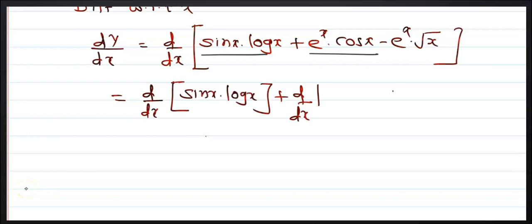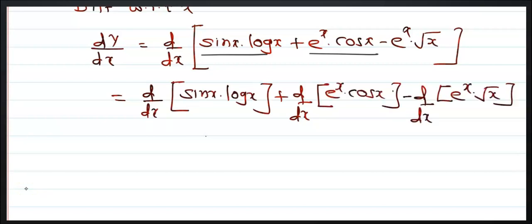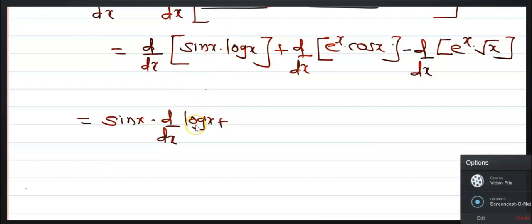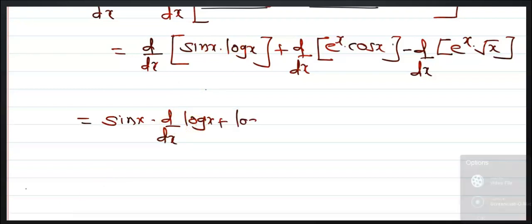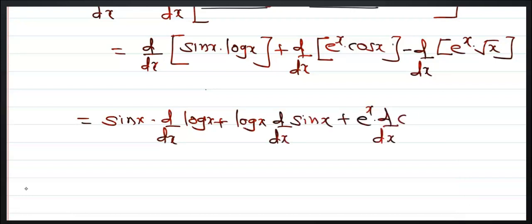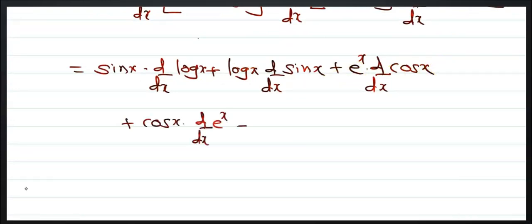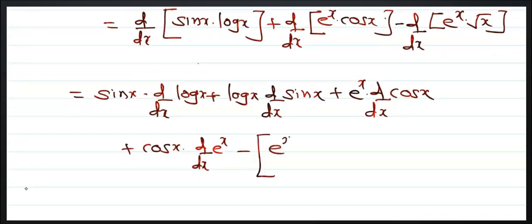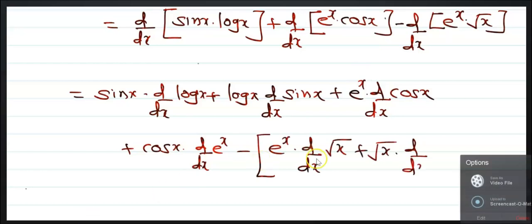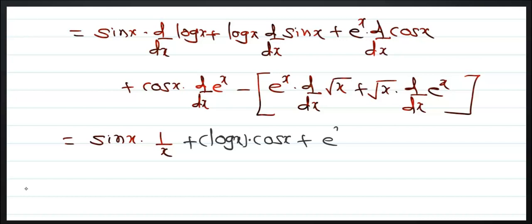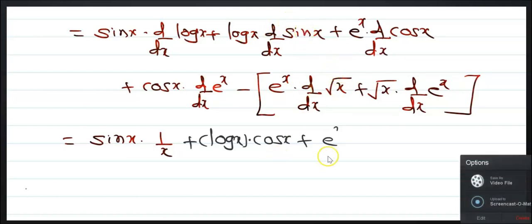Now see this again. We will separate them first. d/dx of product rule: sin x as it is, derivative of log of x is 1 upon x. Now next is e raised to x into cos x plus cos x into derivative of e raised to x. e raised to x derivative of root of x plus root x into derivative of e raised to x. That is sin x, derivative of log of x is 1 upon x, plus log of x derivative of sin of x is cos x, plus